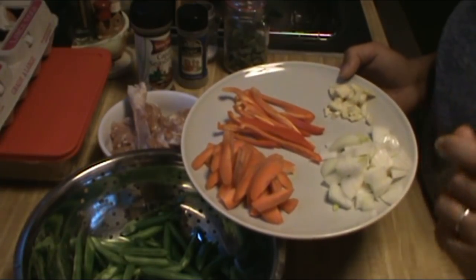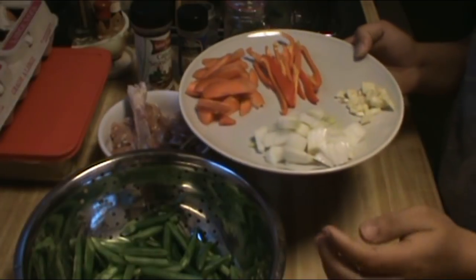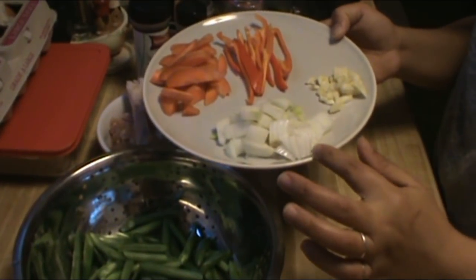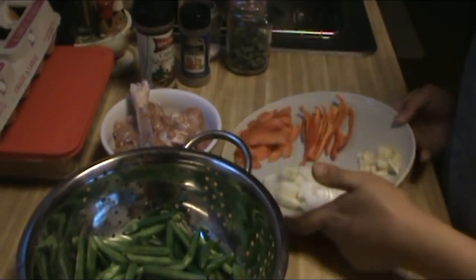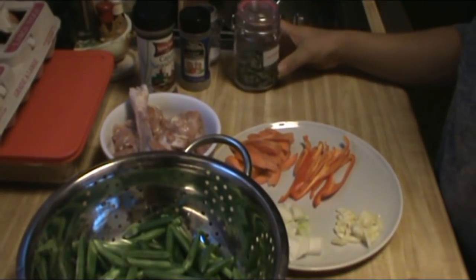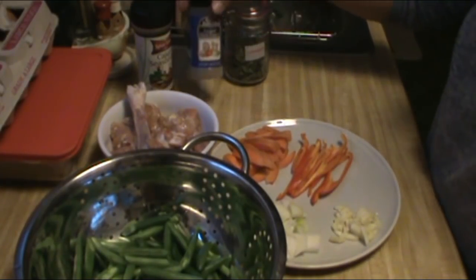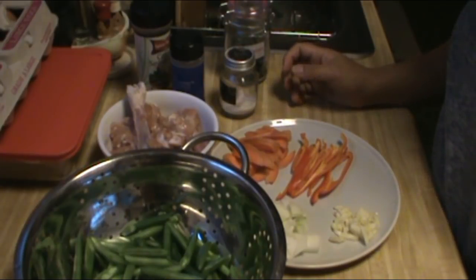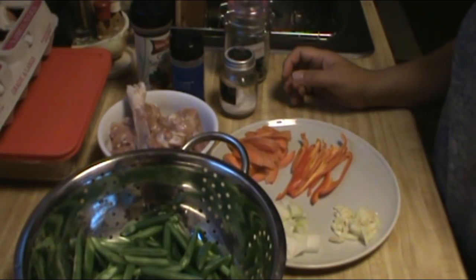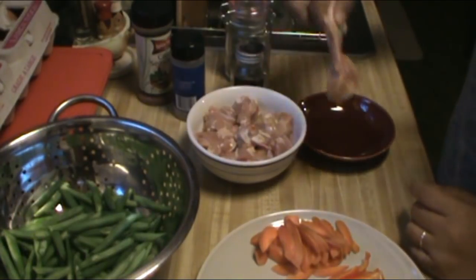Three cloves of garlic, because we like garlic, it helps a lot for your health. And we have half a white onion, medium size, and I have also oregano here, Cajun seasoning, ground black pepper, salt, and of course oil. And that's okay. First I'm going to separate this